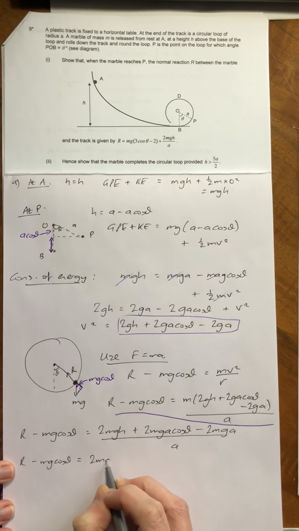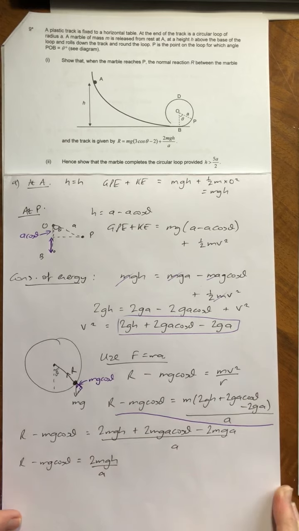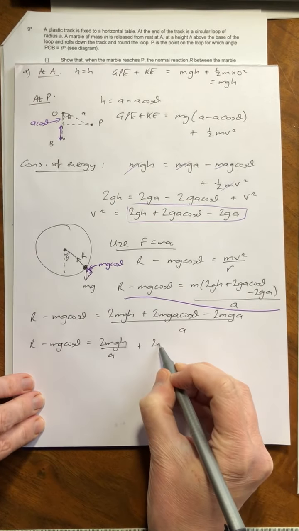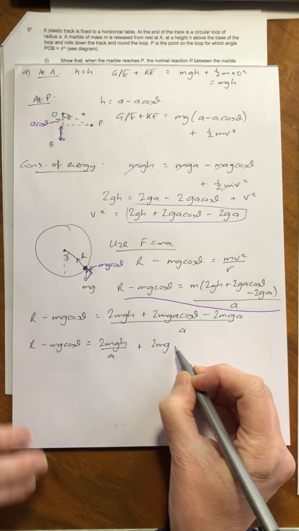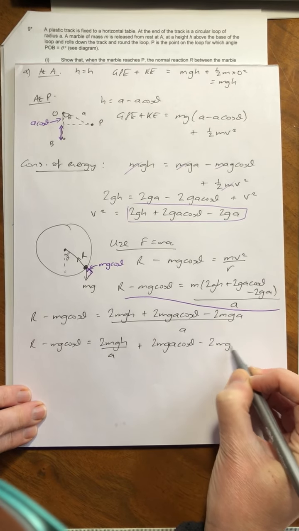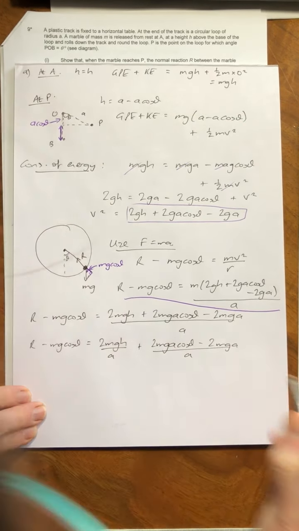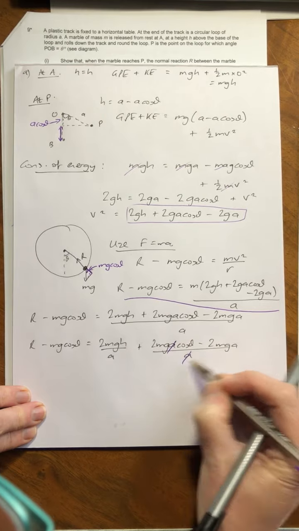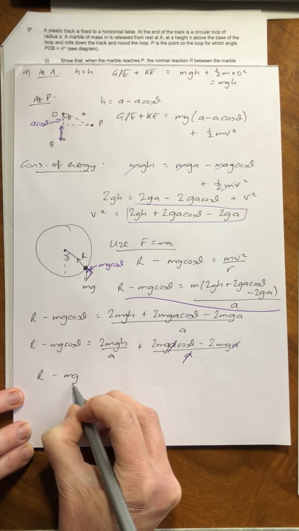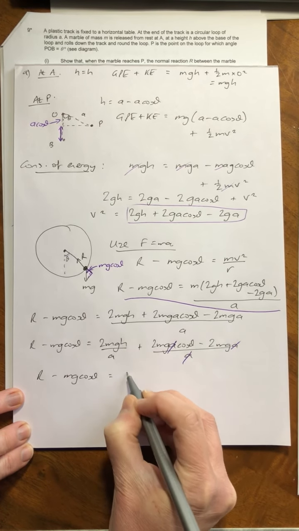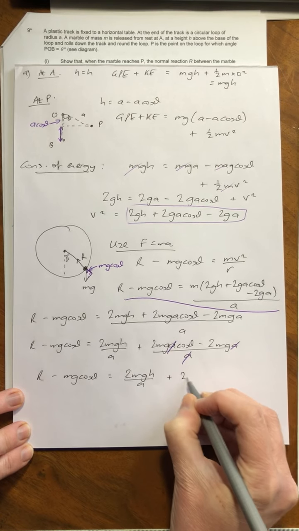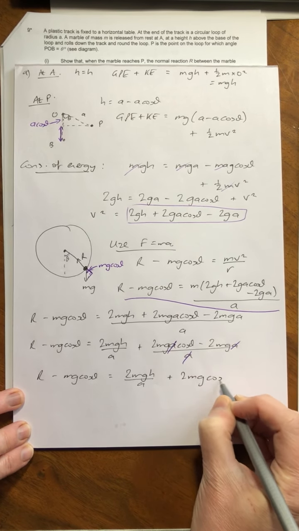So 2mg over a plus 2mga cos theta minus 2mga. Now those two would cancel. So R minus mg cos theta is equal to 2mgh over a, and I've got 2mg cos theta